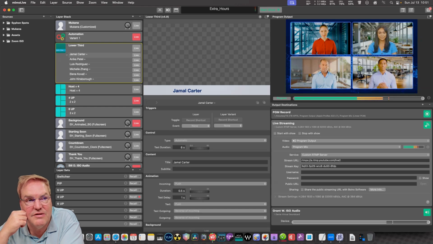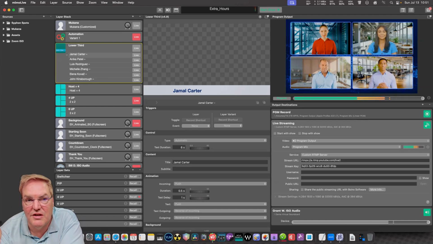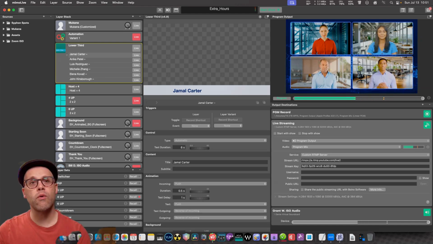Right. Okay. What you could do is have a second machine that also joins the Zoom meeting and does the ISO recording for you. From what we just discovered, I think